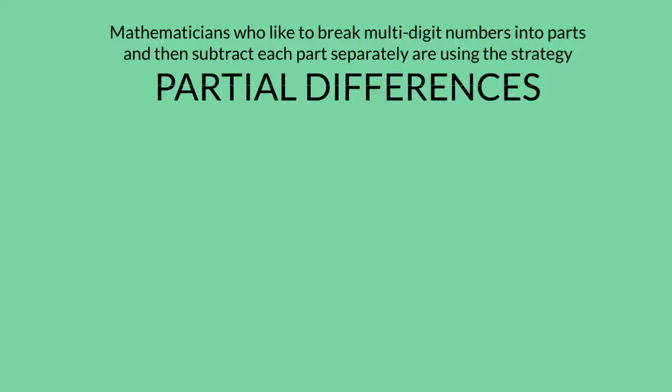Mathematicians who like to break multi-digit numbers into parts and then subtract each part separately are using the strategy partial differences. I'd like to take a look at this strategy in action using negative numbers. First, I'm going to move my words over so I have plenty of room to write, and I'd like to look at the example